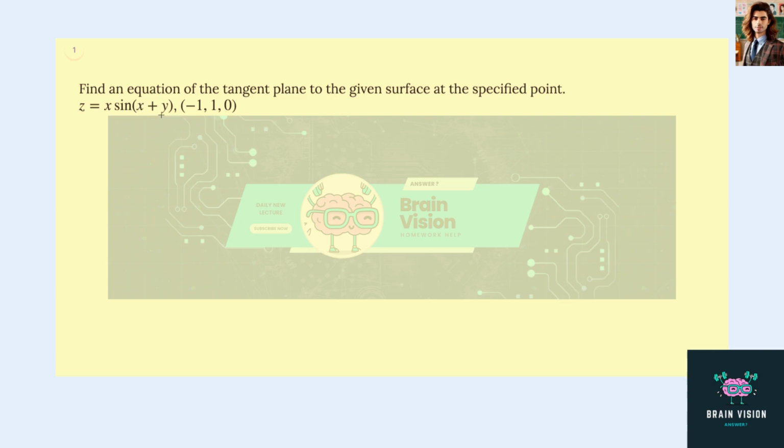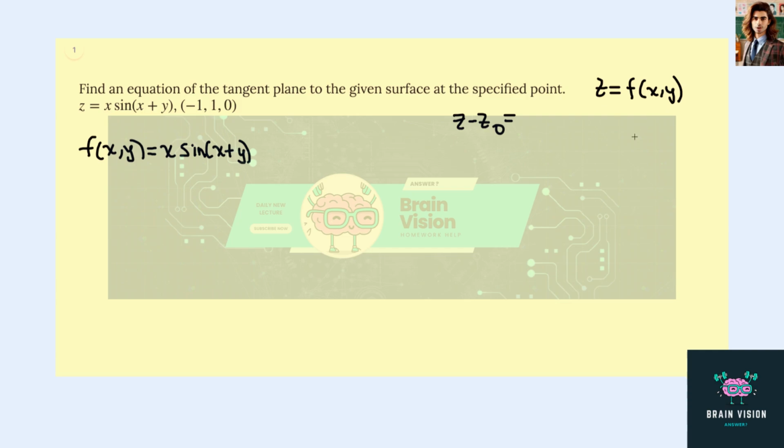Let's find an equation of the tangent plane to the surface z equals x sine of x plus y at the given point. So let's recall the formula for the tangent plane, where the surface is given by f. Here we're just adopting the same convention as the book, where z is f of x, y,